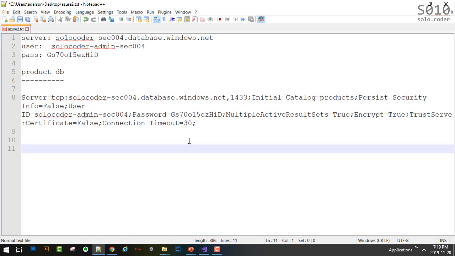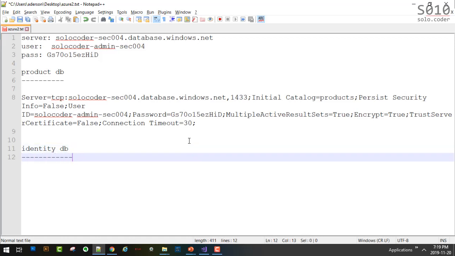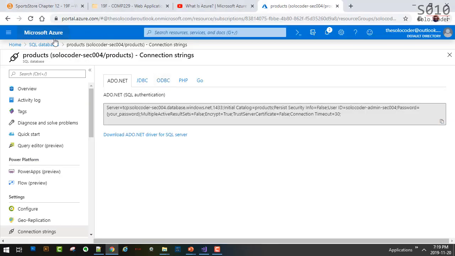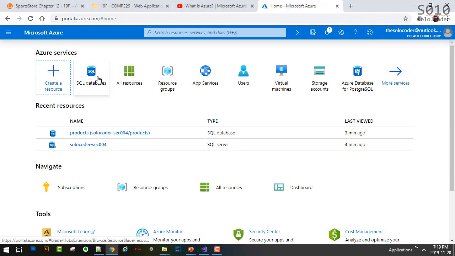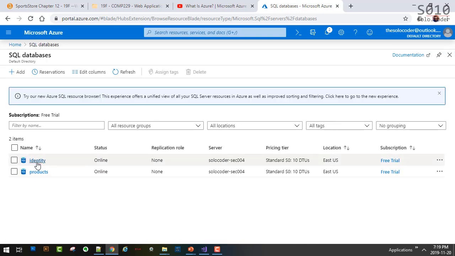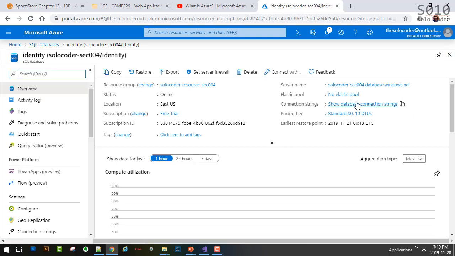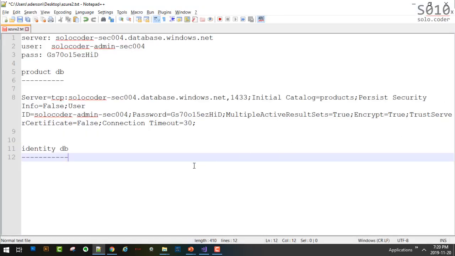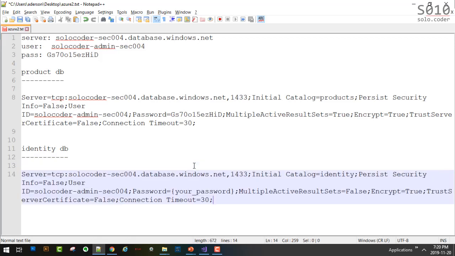So the second one, we have the identity database. We're going to capture that information as well. Okay, so let's go back to Azure. Let's go to SQL database again. The second database, identity. Let's go to show database connection strings. We copy that one again, and now we have our second connection string.